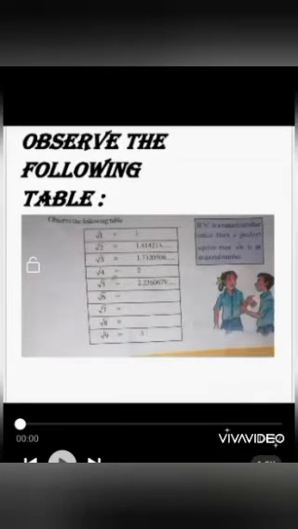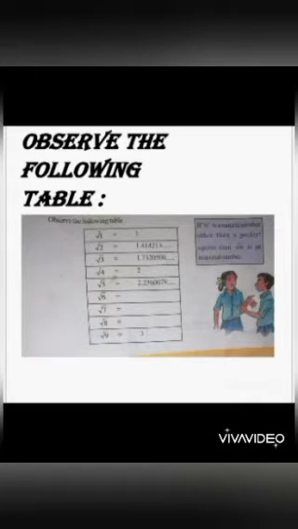So children, the above table describes some root values. From the above table, we observe that if n is a natural number other than a perfect square, then root n is an irrational number. Thus, we identify root 1, root 4 and root 9 are not irrational numbers, and root 2, root 3, root 5 and so on are irrational numbers.